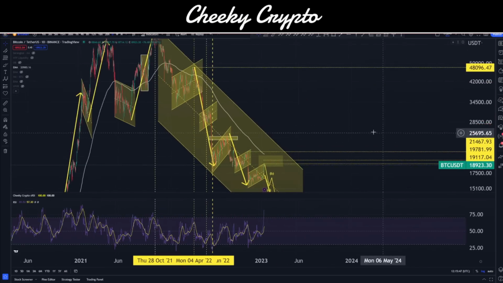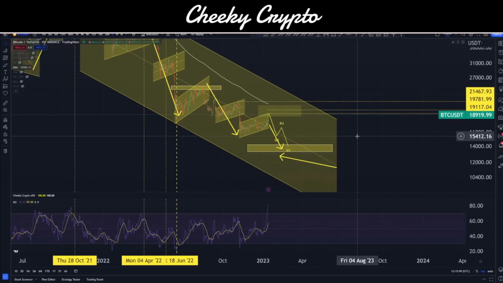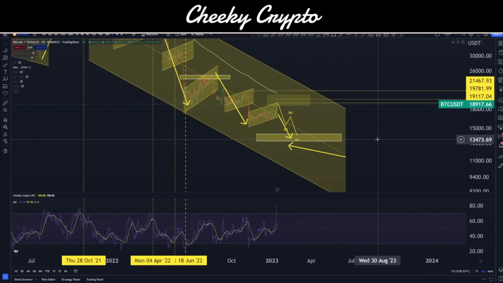So I'm expecting downside price action here. Now, we might push up a little bit more. We're going to talk about how high that things could potentially go on the smaller time frames, but our macros are very clear. It's a big, glaring warning for everyone involved in Bitcoin. Now is potentially a good opportunity to get out of your positions. Now, I'm not a financial advisor. I cannot give you financial advice.